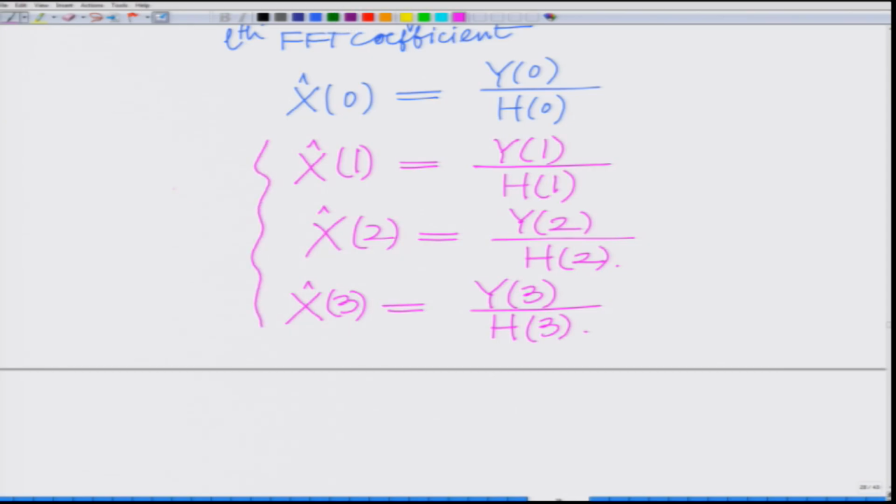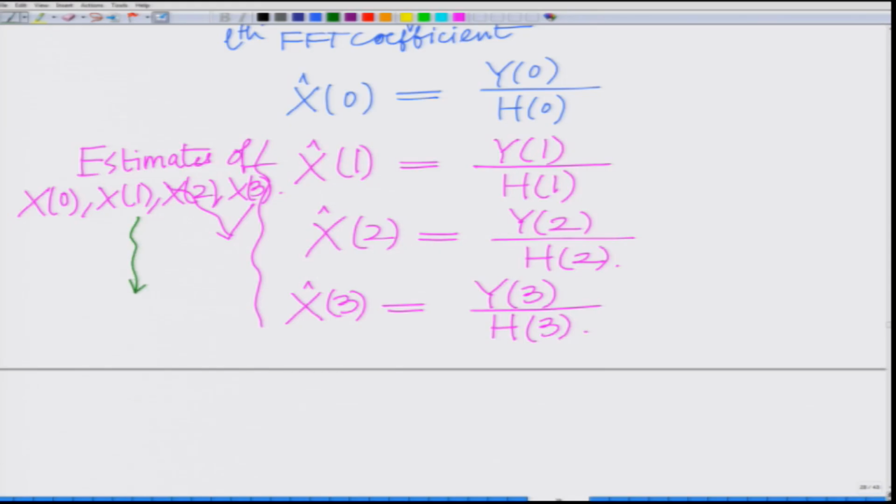These are basically your estimates of x0, x1, capital X0, capital X1, capital X2, capital X3, and these are in turn what are these? These are the FFT coefficients of the symbol sequence, that is small x0, small x1, small x3. And therefore, now what we see is basically you have the small x's, which are the symbols in